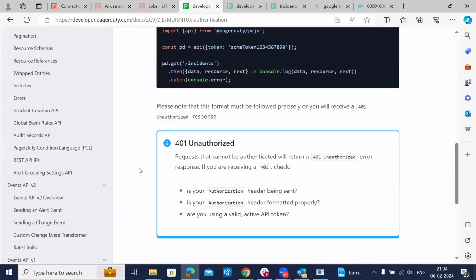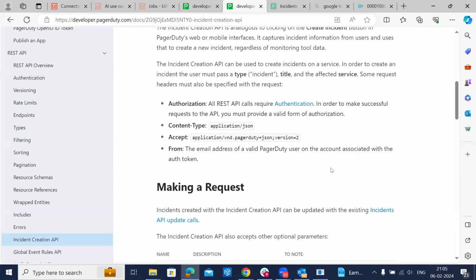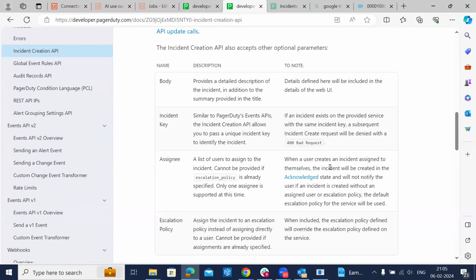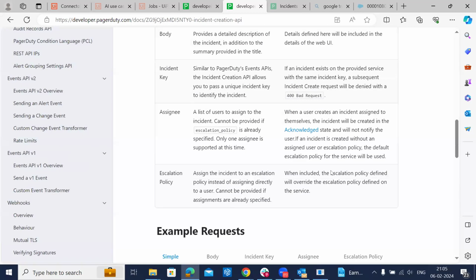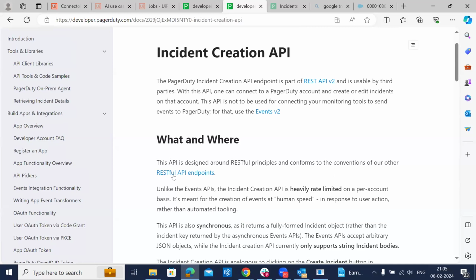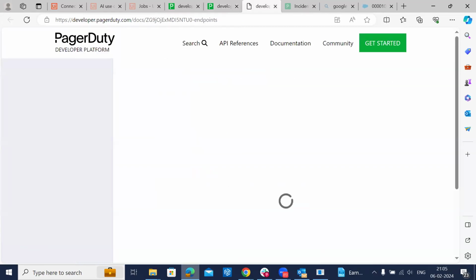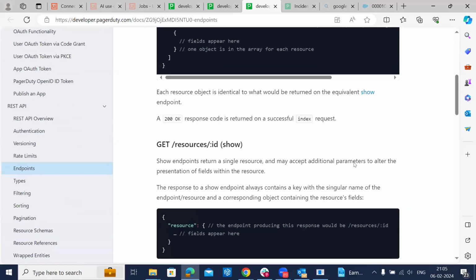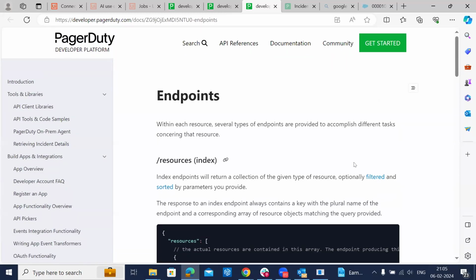Now, if we look at it, for this, I want to go and see maybe an incident API. So when we look at it, there is